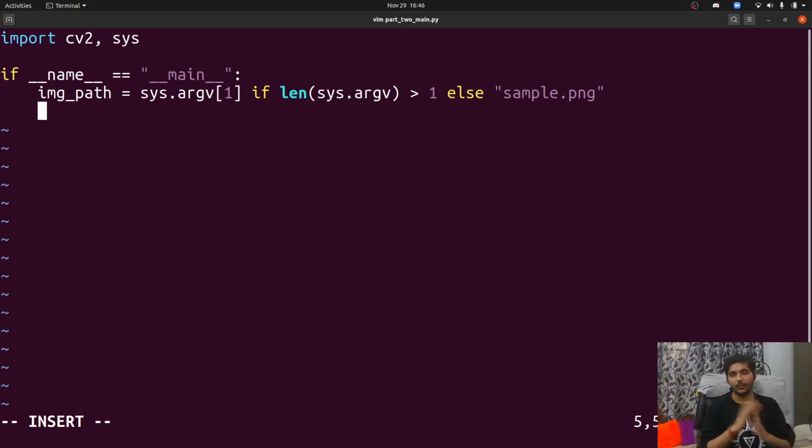This is just a sophisticated way to write it: instead of putting an if and else condition in 3 or 4 lines, you can just have the image path in a variable called img_path in one single line. This is a good programming practice, and I hope this is clear. So let's try to read the image.